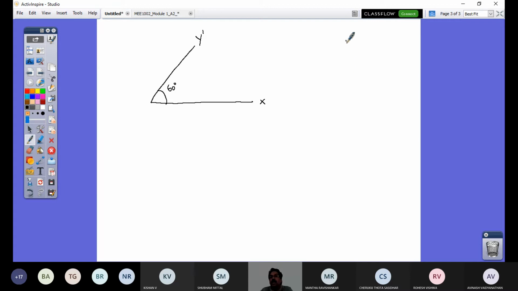I hope you know what a Cartesian coordinate system is. You have three perpendicular axes, x-axis, y-axis, and z-axis. I name them in this fashion x, y, z, considering the right hand. Stretch your three fingers, middle finger, index, and thumb, at right angles. If your index finger is the x-axis, then the middle finger is the y-axis and the thumb is the z-axis. This is your rectangular, Cartesian coordinate system.